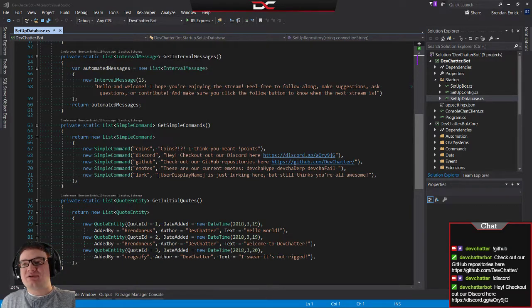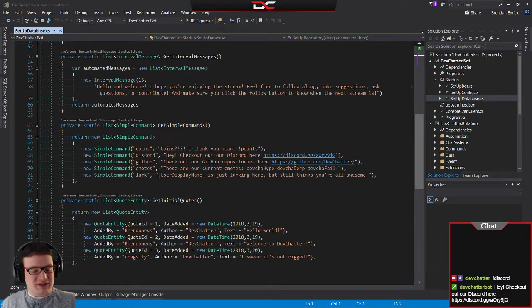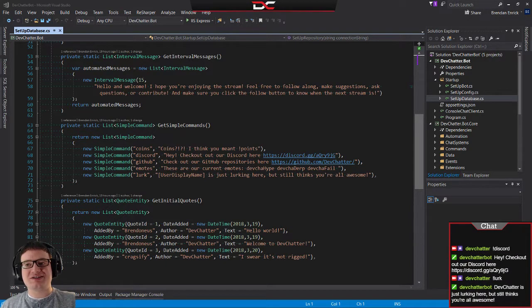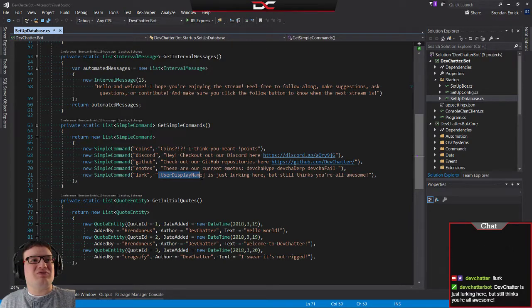So a couple of things to notice. We're doing these simple commands which do that response. If you look at the command I did when I did a lurk, which I'll do another one so you can see it, it mentions dev chatter in there. So we're essentially doing these little replacement tokens. Anytime you do a little square brace token like this,